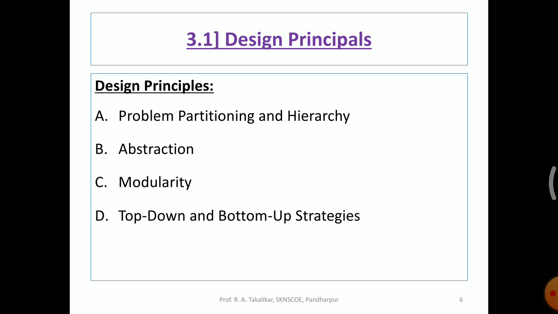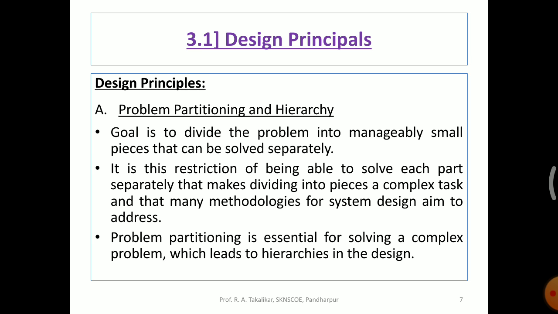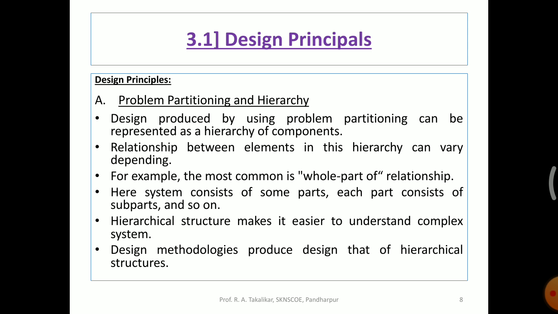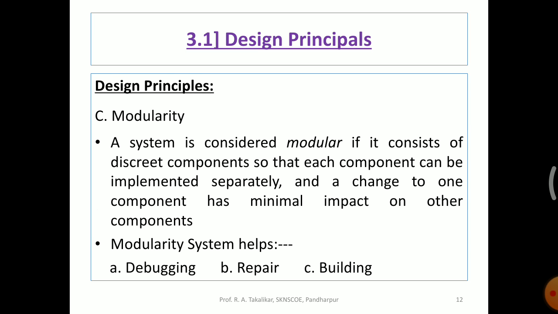The chapter basically has been divided into 2 major parts: function oriented design and object oriented design. So the first part was function oriented design, in which these were the points that we have discussed, and the question can be asked as, what are the design principles of function oriented design? In that case, you have to answer the 4 different design principles, and we have seen them in more detail in the classroom already. So these 4 different design principles you have to mention when the question is asked on the design principles of function oriented design.